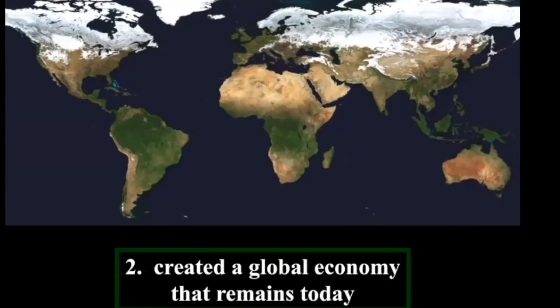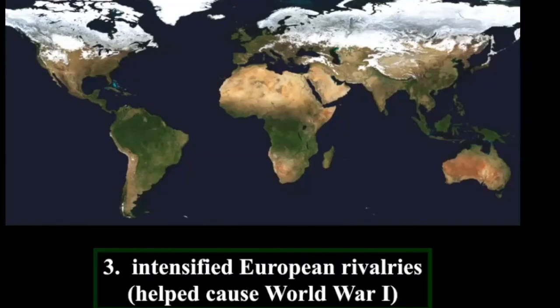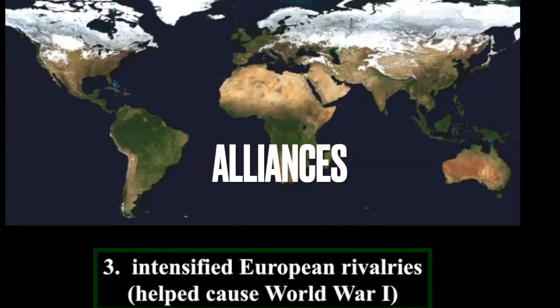And another huge impact is that it is going to lead to the world wars. In their scramble for colonies, the European countries are going to come into conflict with each other. There's going to be increased rivalries amongst them. So you see increased militarism that occurs due to the new military technology of the Industrial Revolution. You see alliances amongst the European countries. That's going to lead to a domino effect of if one country gets into a war with another, then its allies have to join in just because they are allies, not because they have any stake in the conflict.